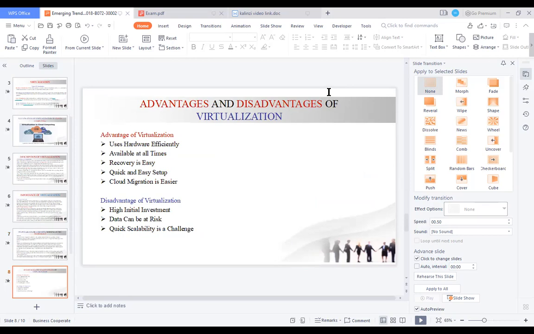And here we have the advantages and disadvantages of virtualization. Here we have efficient hardware use. When you have virtualization in your device, it helps you to use your hardware much faster, at no cost, and perform many things at the same time.